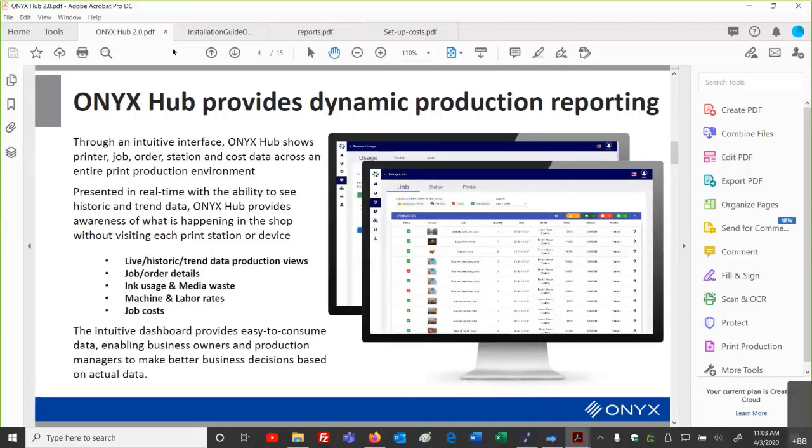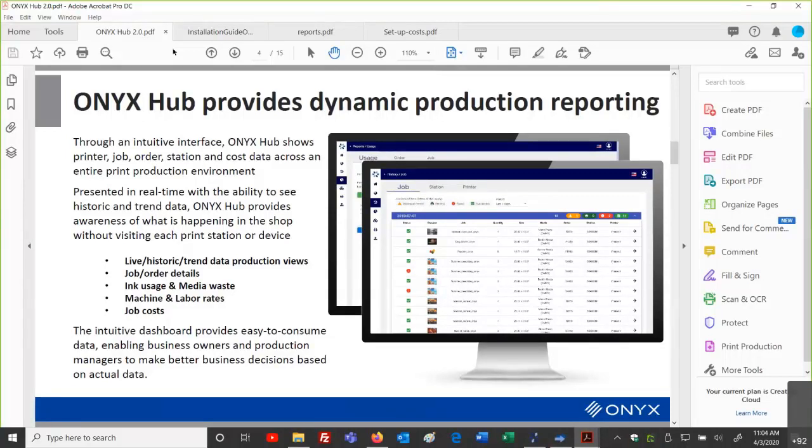Our dynamic reporting means we can see our live information, what's going on live within our jobs, what's happening live within our shop, and what's ripping and printing, and what's going on live across our stations, across our printers. We can see historic information, so past information, and you can search based on a field, give me the last 7 days or what have you. You can reference that information. And from this, you can gather trending data.